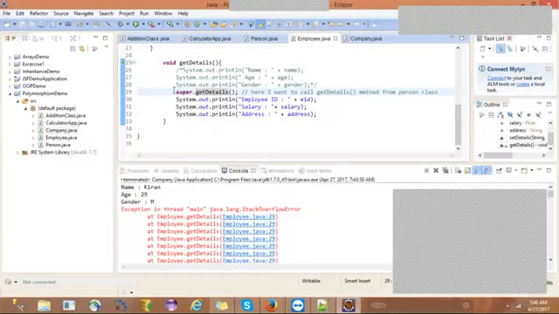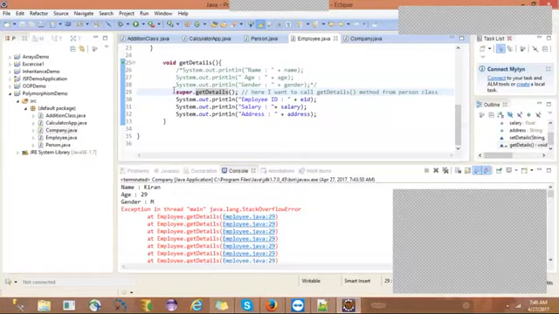Now, the super keyword. We have several modifiers, 11 modifiers in the Java language. Among them, one is the super modifier. The super modifier resolves the name conflict between superclass and subclass.